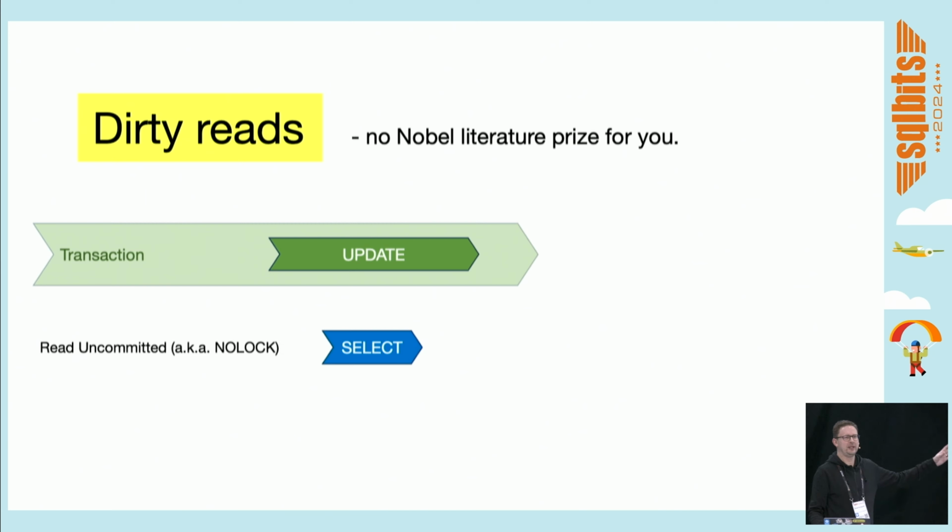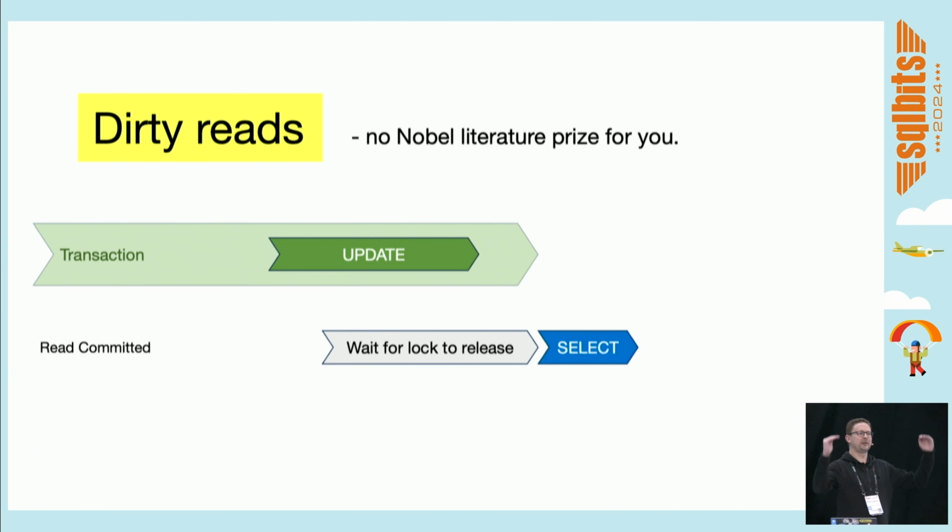What you see when you're seeing uncommitted transactions are called dirty reads. So essentially, you're seeing stuff that isn't finished yet, hence dirty. If you level up to the next isolation level on the scale, this is called read committed. And as the name implies, read committed means you can see only stuff that has actually been committed. If there's a transaction going on, you will be left waiting for that transaction to finish before you can look at the data. And that's when blocking happens. So you get to see the truth as opposed to work in progress, but instead you have to wait for it, which makes sense.